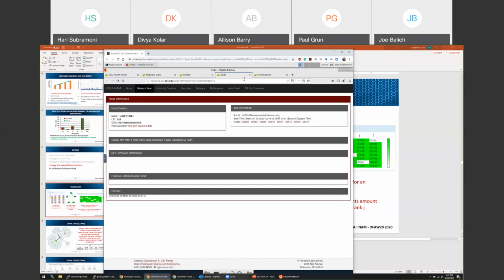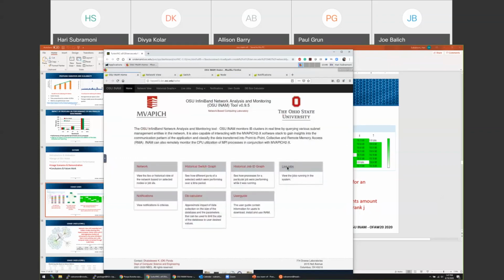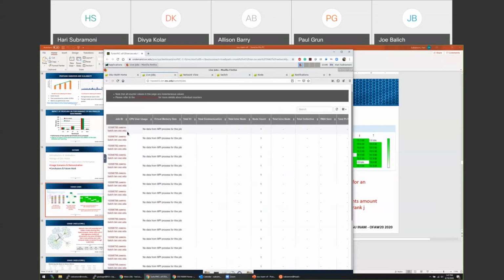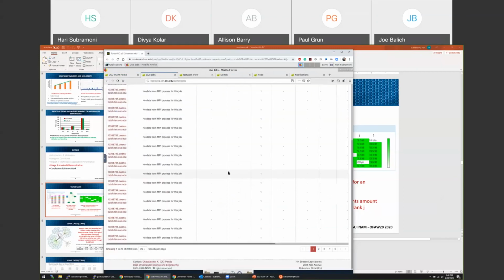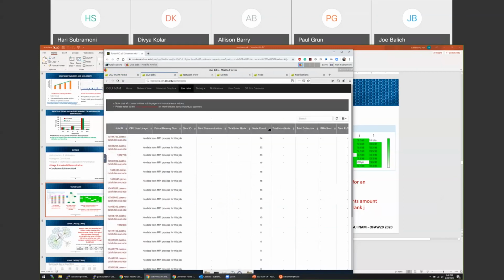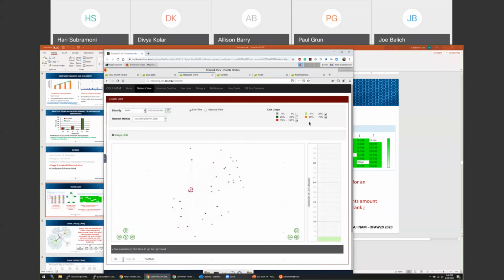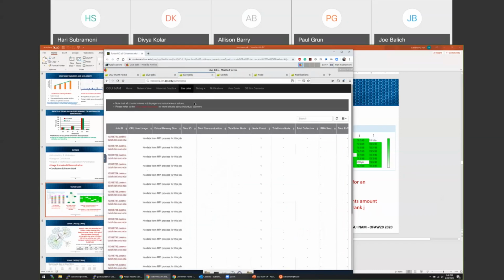Depending on what components you have support for, you can, for instance, figure out that there are so many jobs running on this cluster. If you want to figure out what this job is, you can try to visualize, for instance, a large job. If you want to figure out what nodes this particular job is using, you can go to the network view, filter it by job ID, and say, just show me the nodes being used by this job. Then you can have a view of all the nodes and the switches that are being used by the job and how the communication is progressing inside that one job. So there is a lot of debugging that you can do.